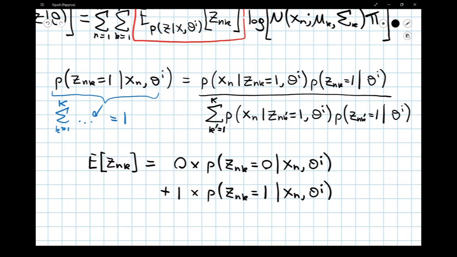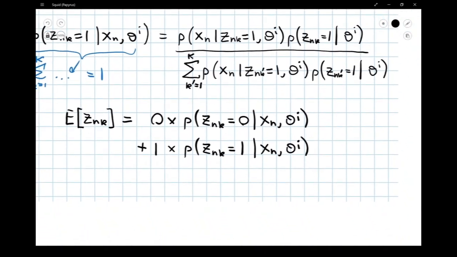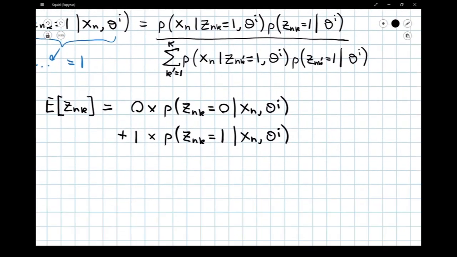And so actually, what you can see is that the expected value of Znk is equal to the probability that Znk is equal to 1, which is quite convenient. That's what we've written here. So now the final thing we need to do is, right, okay, so that is all equal to,